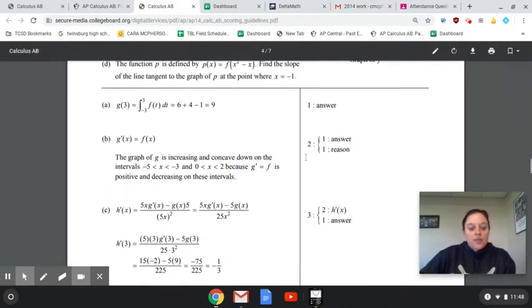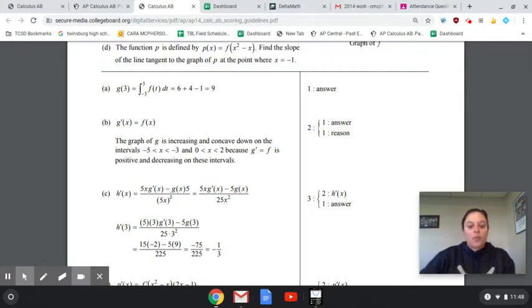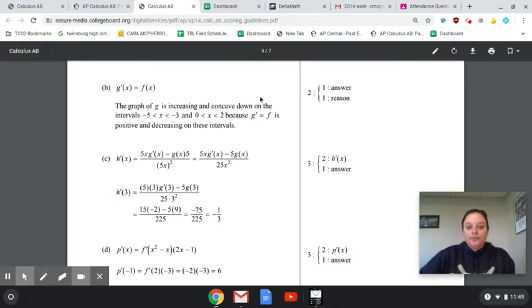And here's what they did as far as points. They gave 2 points for the derivative. Usually quotient rules, they will give 2 points just because it's a little more complex rule. And then 1 point for the answer. And again, here's all these acceptable answers that they would take. And then part D